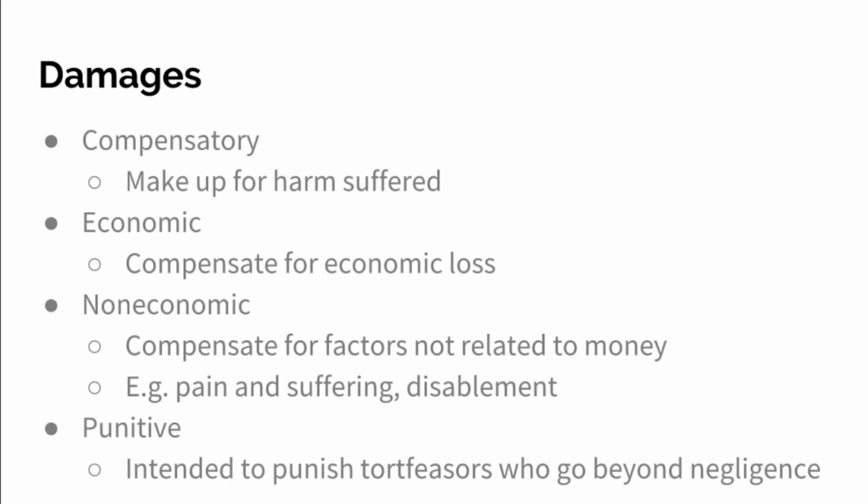Punitive damages are awarded when an individual acts recklessly or intentionally maliciously, or they just have blatant disregard for individuals' well-being. Basically, it means they go above and beyond negligence in the way that they act, so the courts require them to pay punitive damages as extra punishment for their